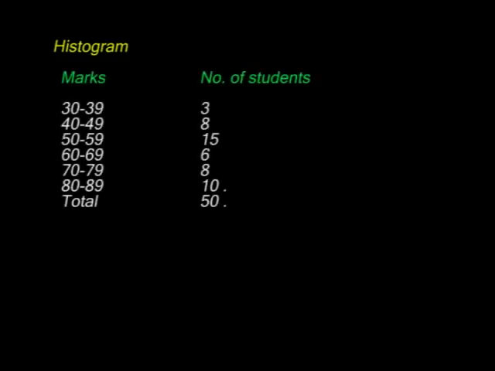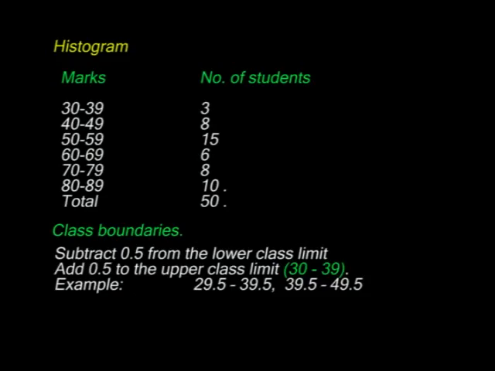The next method of data presentation is the use of what is called a histogram. Now look at this group data on your screen, on this frequency table. It shows the number of students scoring the respective marks. It is group data. Now I want to introduce something called class boundaries. Literally speaking, to get a class boundary, we take the lower limit in a class and subtract 0.5.